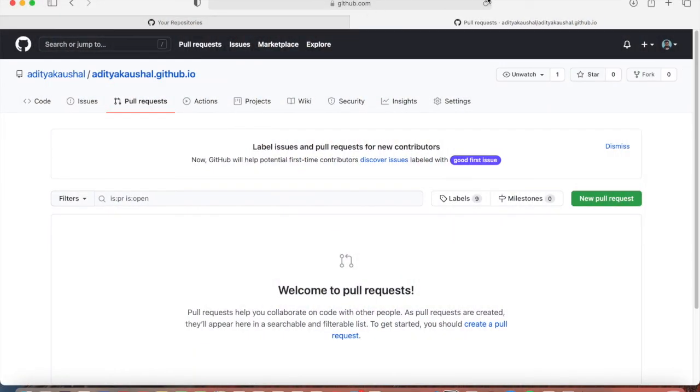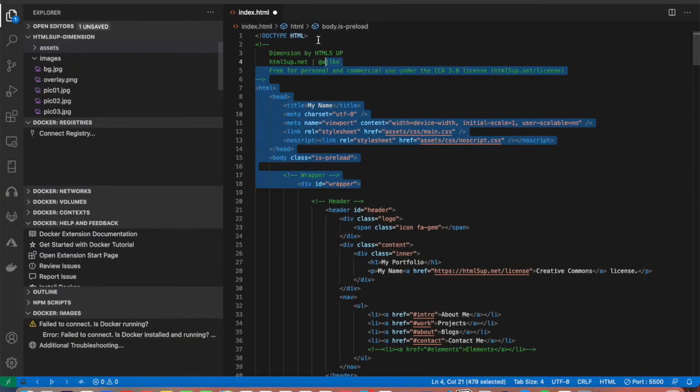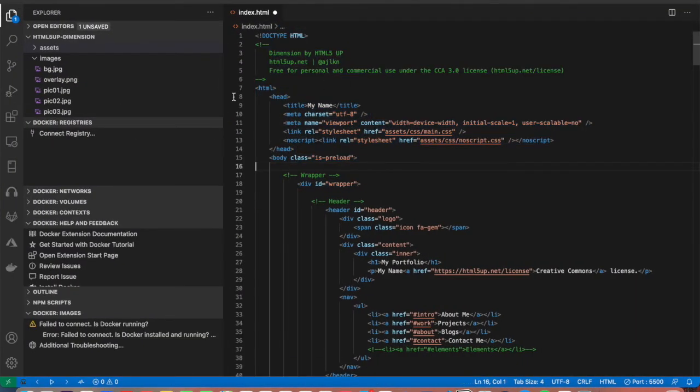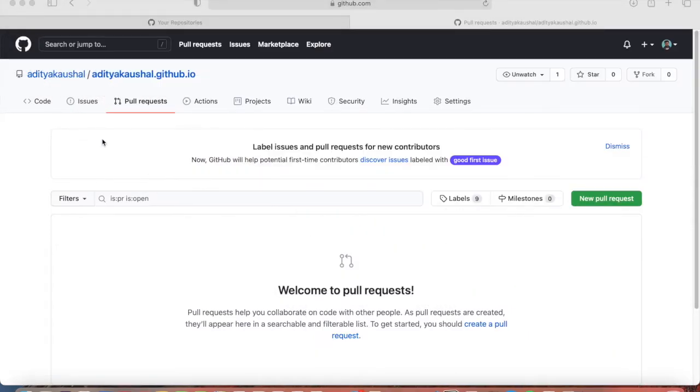To have a GitHub account, you simply go to github.com and create a new account, or if you already have a GitHub account, then you can simply create a repository by the name yourname.github.io. So this will create a website address, which will contain all the resources and the files that we just worked on for the portfolio. So this is the portfolio that we were working on previously. So what you have to do is you need to clone this.